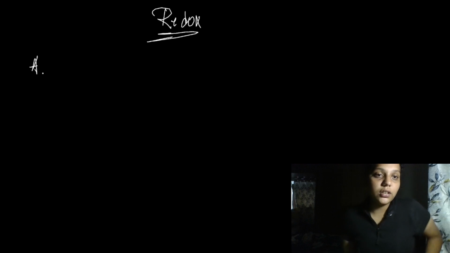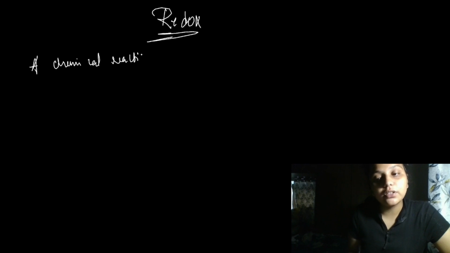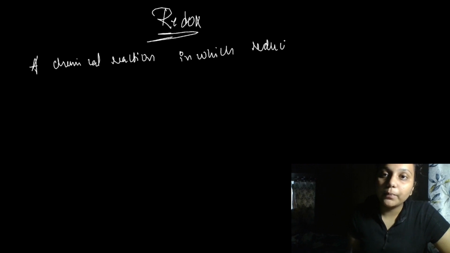So now we call what is redox reaction. What does redox mean? There is oxidation going on and also reduction going on. So you can write the definition that a chemical reaction in which the reduction and oxidation takes place simultaneously. In one reaction only it is undergoing. A chemical reaction in which reduction and oxidation takes place